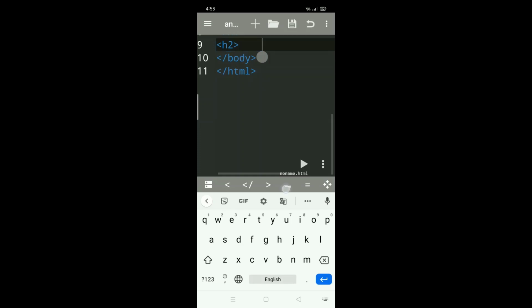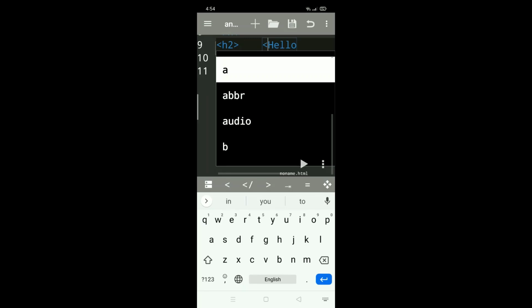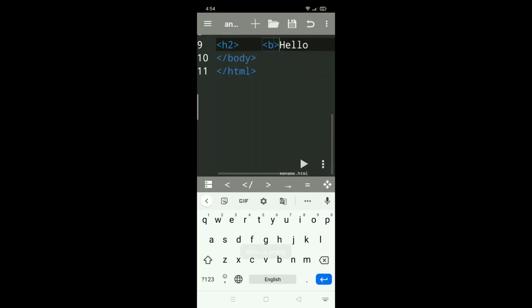H2. Here I am displaying hello. I also want to display this in bold. After that press enter and close the bold tag.